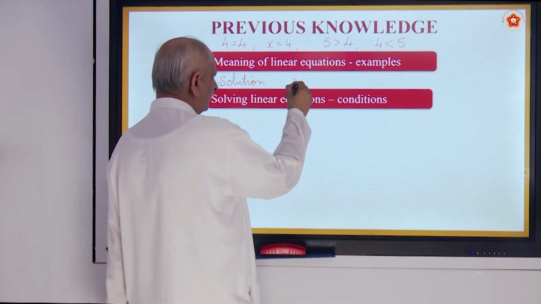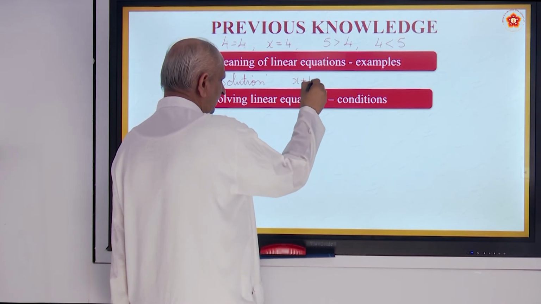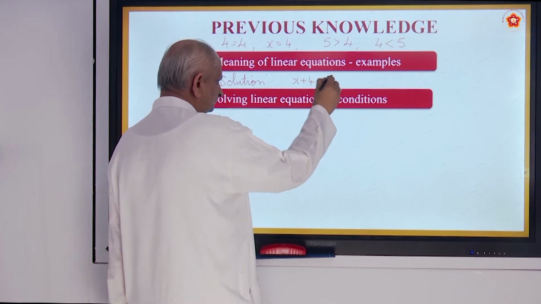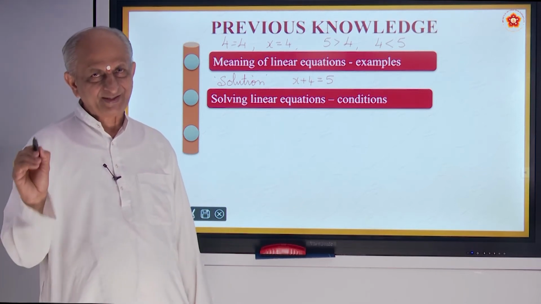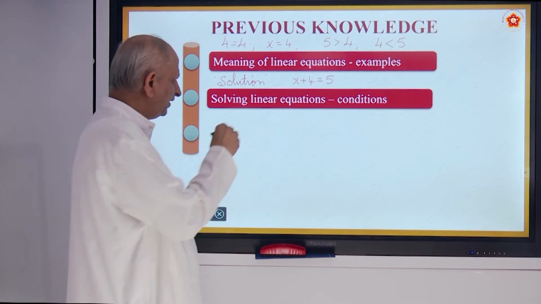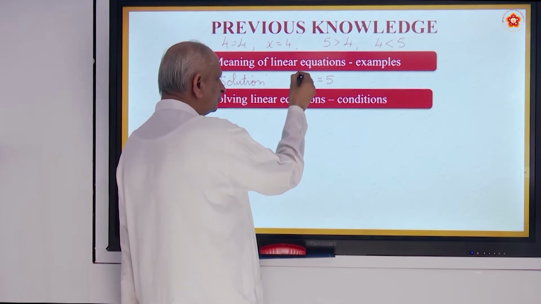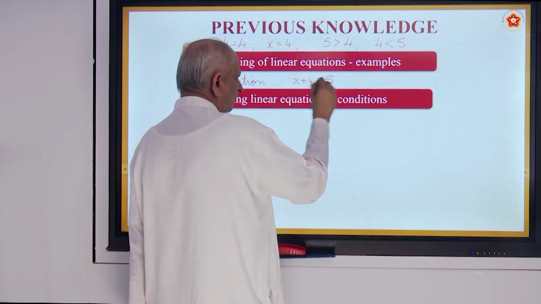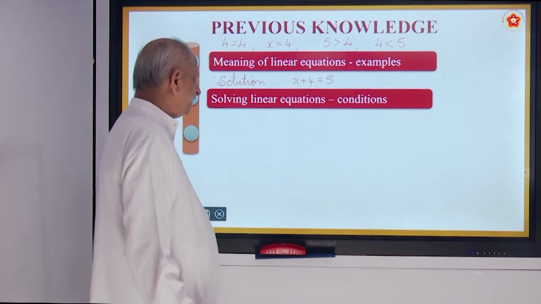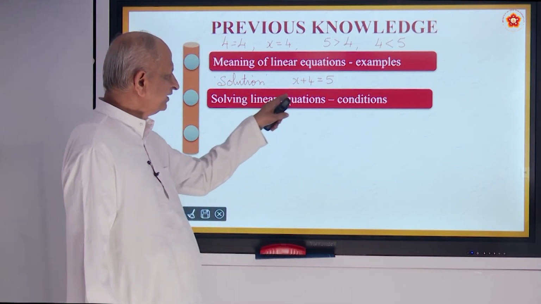For example, if you take an equation like this, x plus 4 is equal to 5. What is the unknown here? X is the unknown. What is the degree of the unknown? 1, that is understood. So, degree 1, one unknown, then we call it a linear equation,